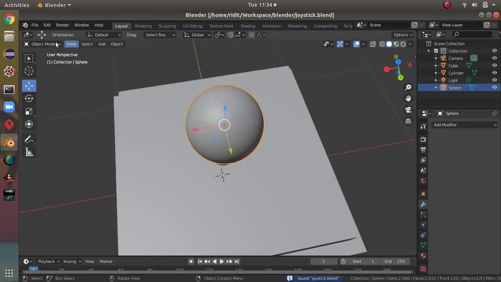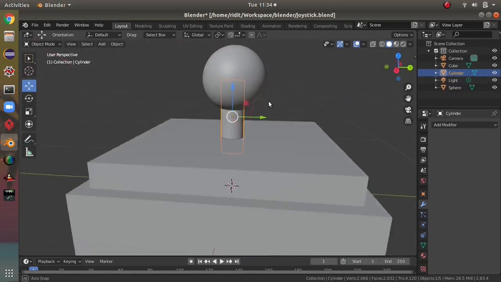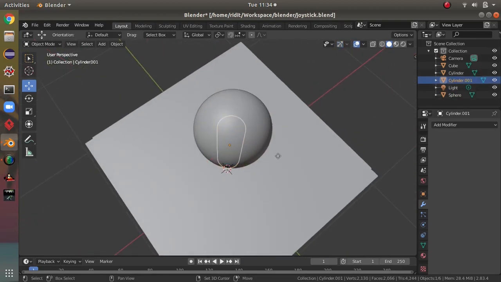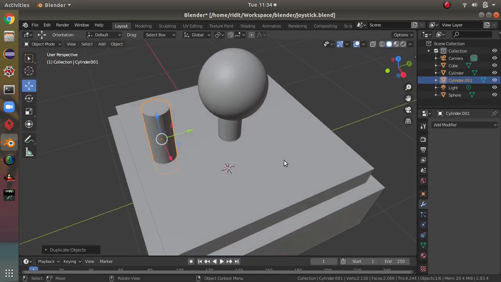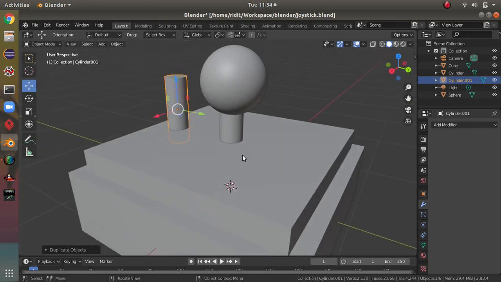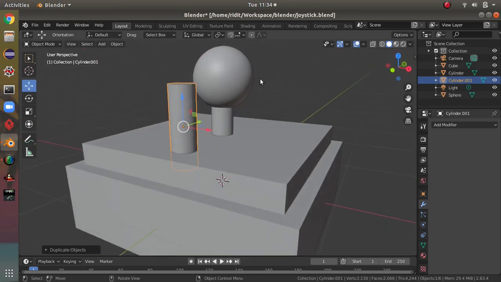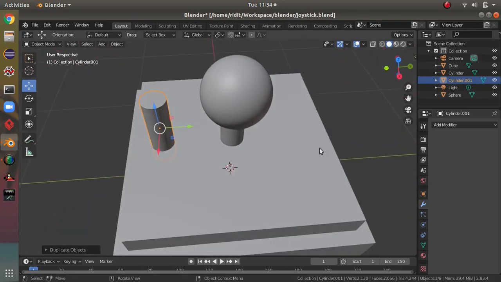You see, it does. Now we can add another cylinder, or we could just Shift D this thing, which means duplicate. Just duplicate this on the Y axis. How did I move this on the Y axis? When you duplicate this, it automatically makes the mesh move. You don't have to press the G button again. It automatically moves. Then if you press Y, X,